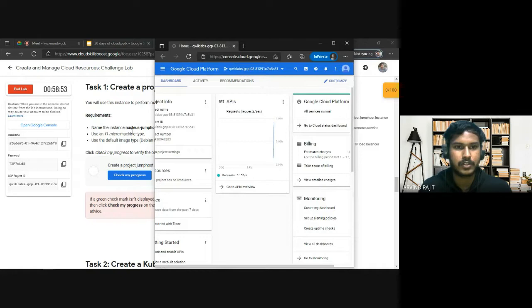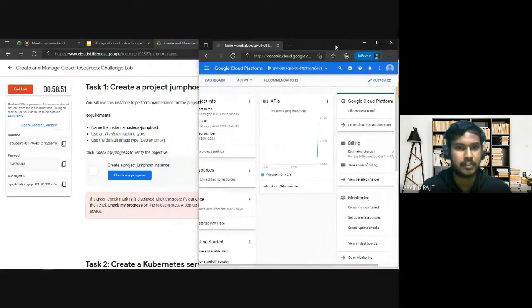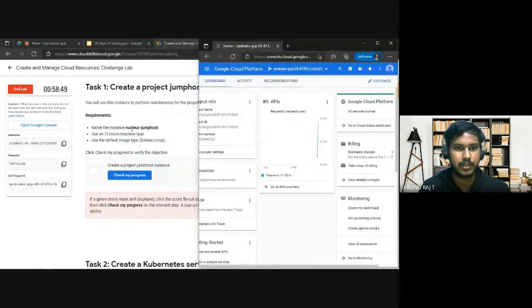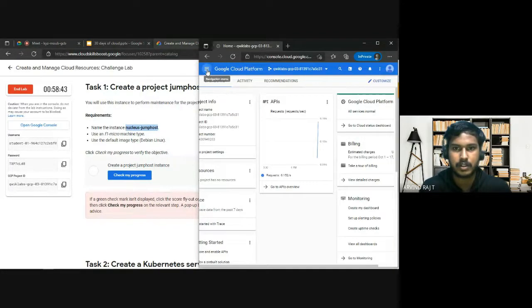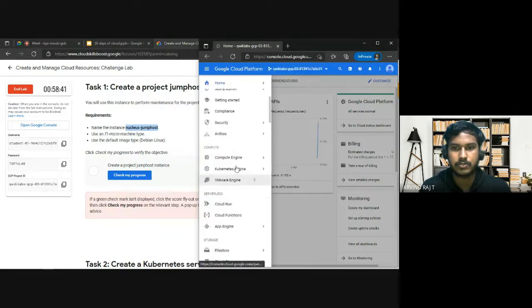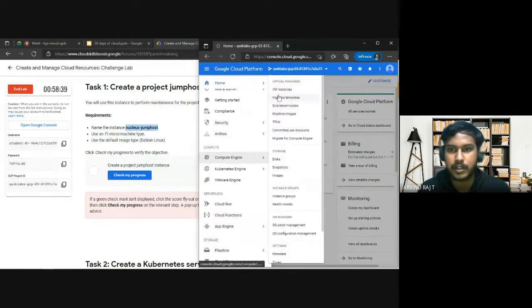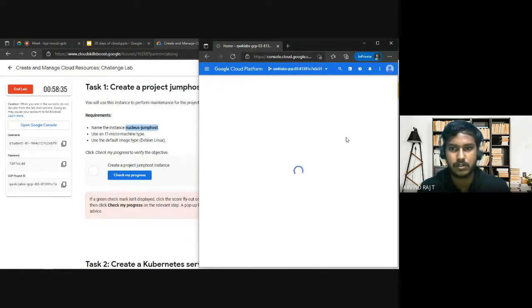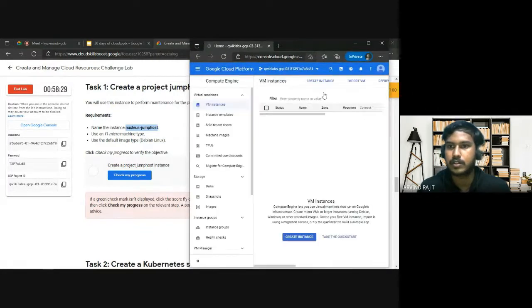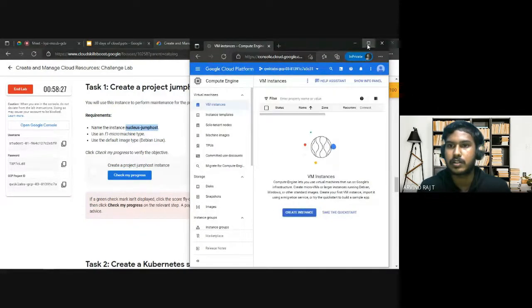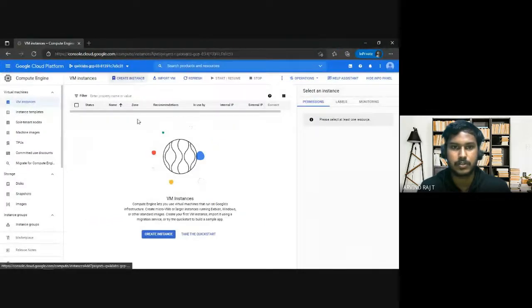What you're going to do is, first of all, you have to create a VM instance, right? So we have to create a VM instance with the nucleus jump host name. So let me just copy the name here. For VM instances, it is under Compute Engine, and then go to VM instances. While it gets loading, the next thing we have to do is create a VM instance here. So create instance,